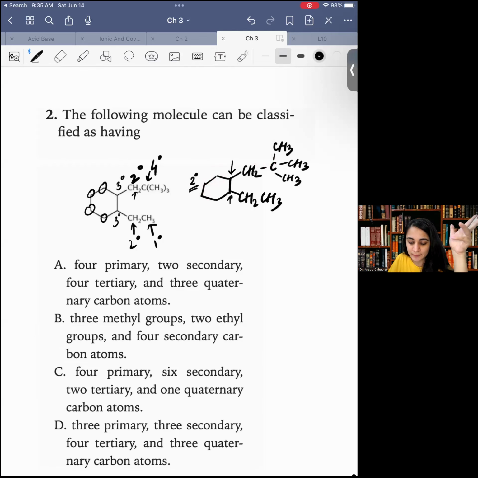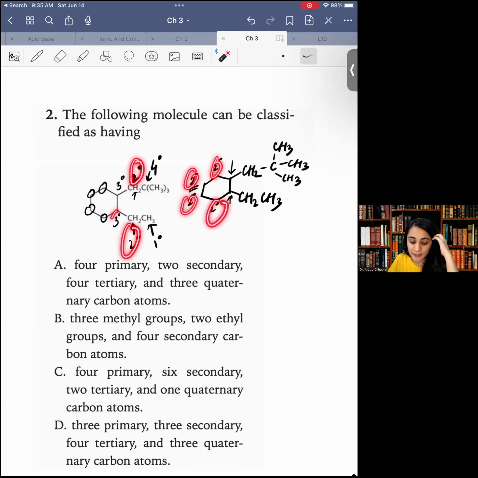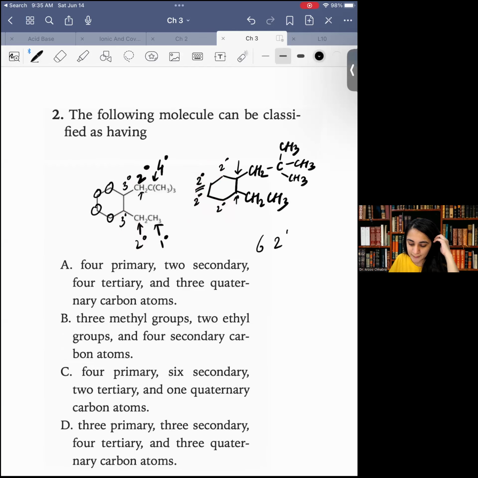So then effectively we've got 2 degree, 2 degree, 2 degree, 2 degree, 1, 2, 3, 4, and then you've got 5, 6, okay, 6 2 degree carbon centers, and then we've got 1 4 degree or quaternary,